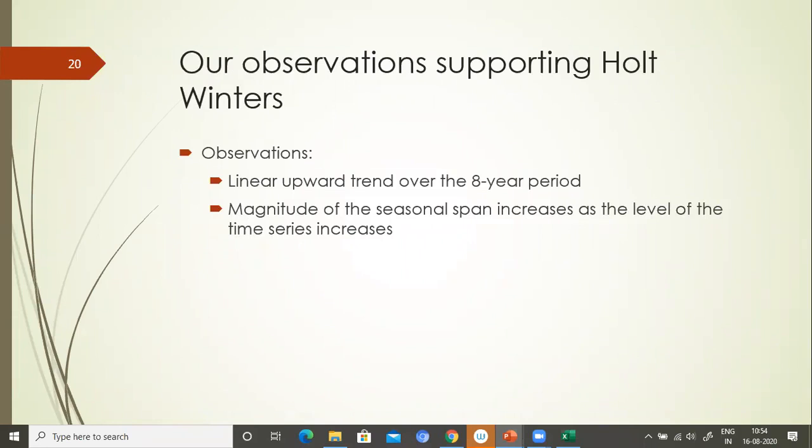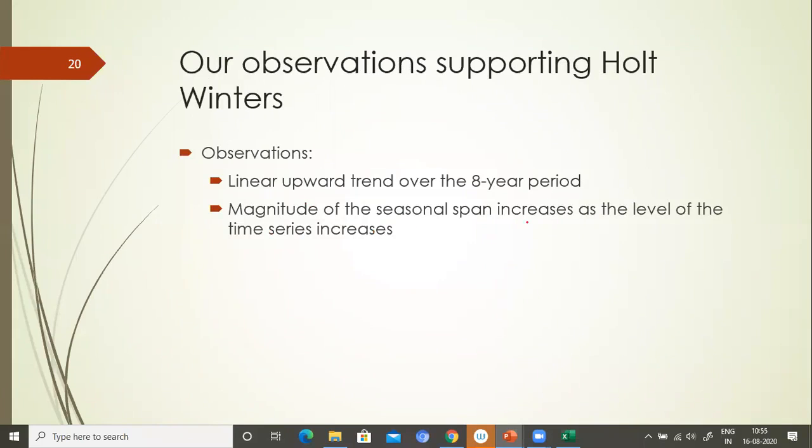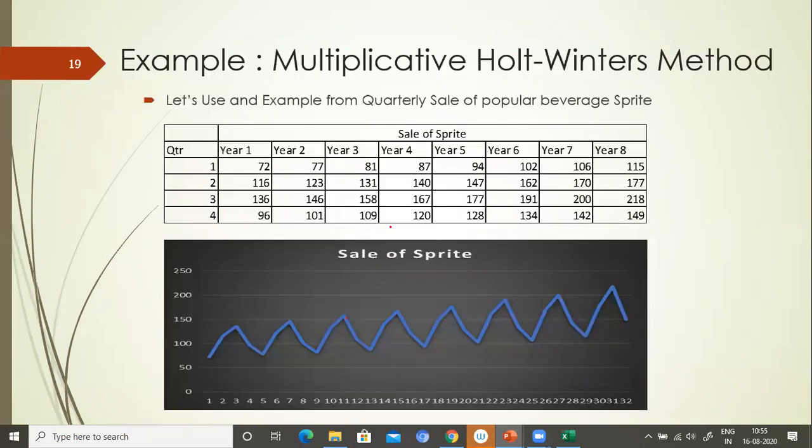So what are our observations? Our observations supporting Holt-Winters. Why does Holt-Winters make sense in this case? Because we will have to build a case step by step. So our observation is that there is a linear trend over the 8-year period. So let's go back and see. Yeah, there is some sort of upward trend for sure in the 8-year period. The magnitude of seasonal span increases as the level of time series increases. So if you just look at the graph here, you'll see that the slope here is much flatter than the slope here. Can you see